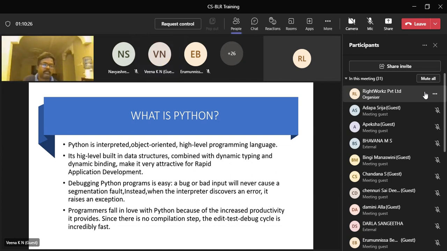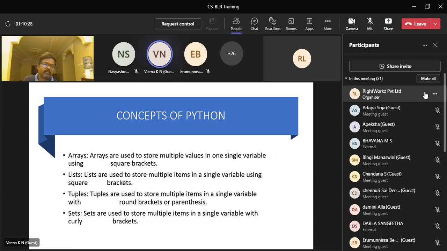Next, when we move on with the concepts of Python programming, we are reading the 4